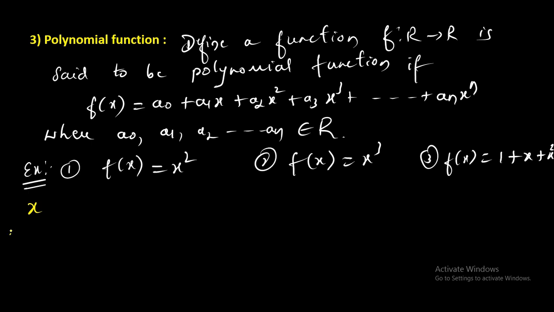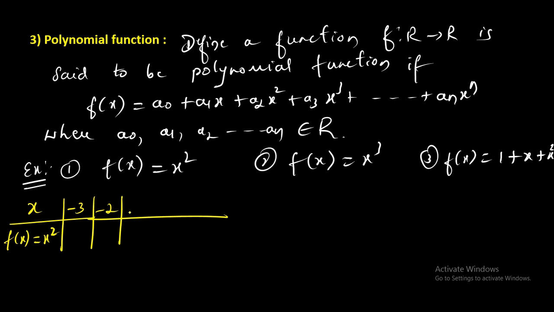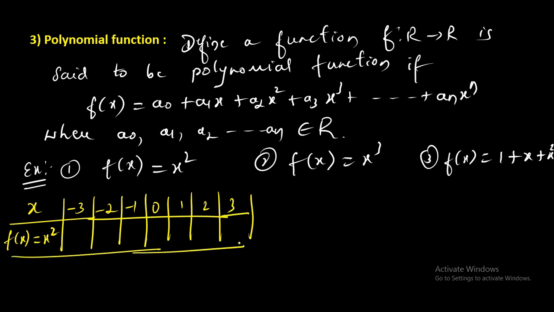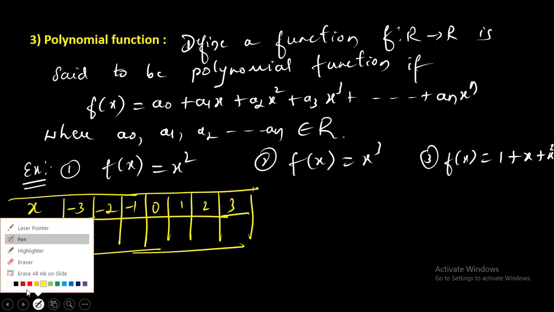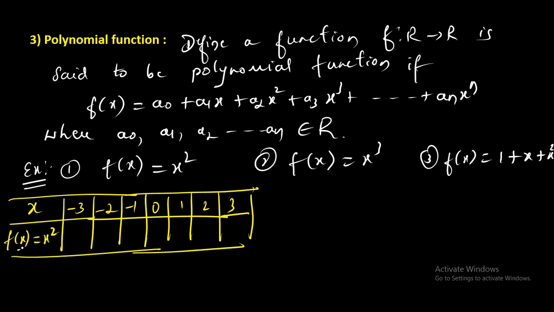Before going to the graph, we always take the table, no? So like that I am taking x values and x square values. Say -3, -2, -1, 0, 1, 2, 3. You can take n numbers, but a few numbers are enough here. Okay, start with the function. You need to take -3 in place of x. So -3 the whole square, how much? 9. -2 the whole square, 4, 1, 0, 1, 4, 9. Like this it will continue, students.